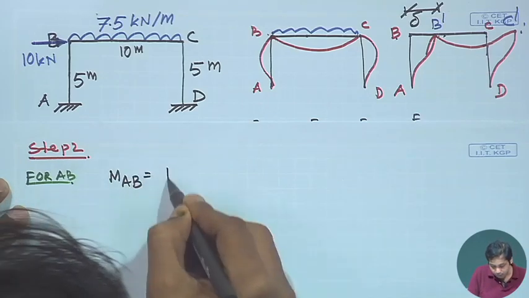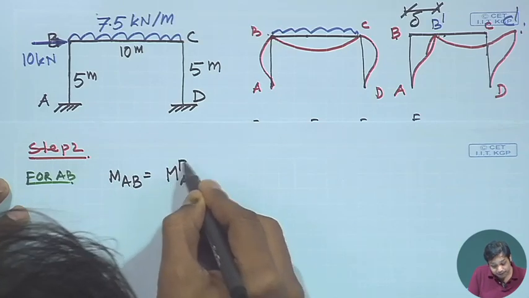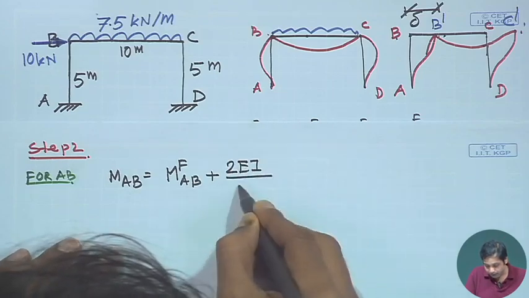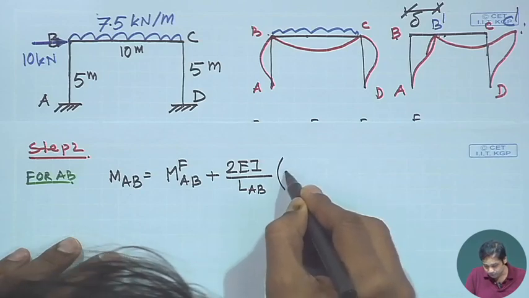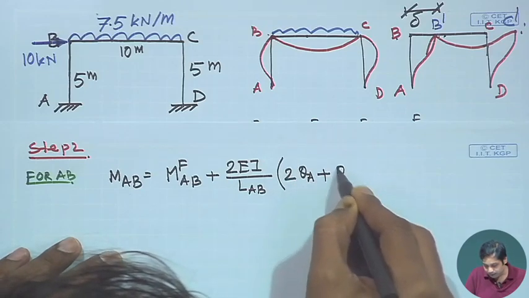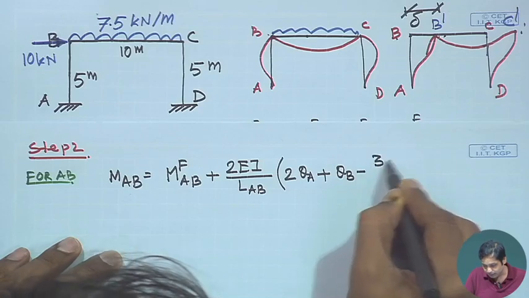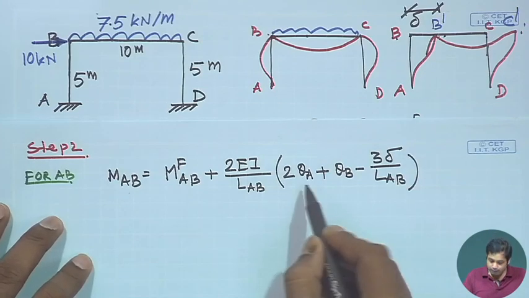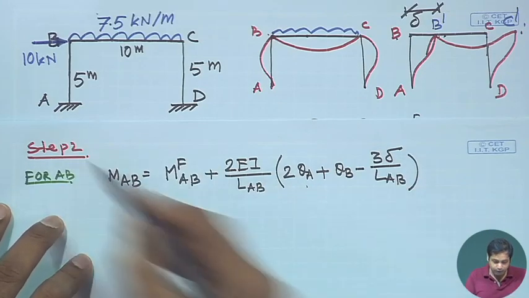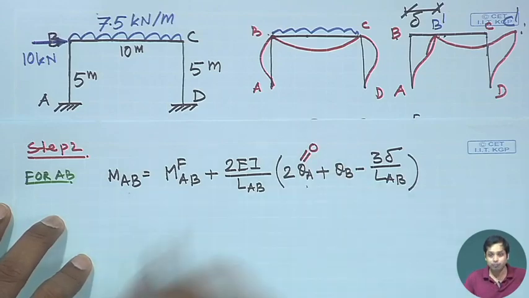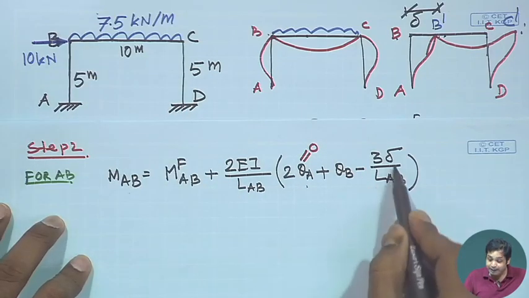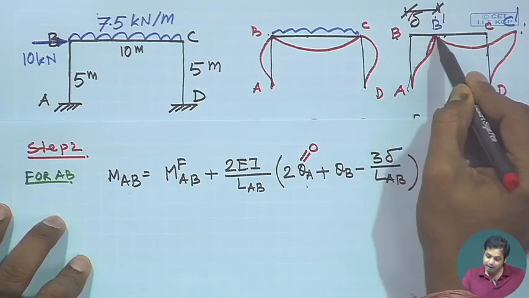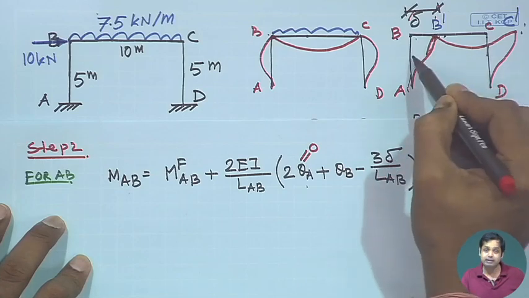MAB is equal to MAB fixed end moment. Let us write the general expression: 2 EI by LAB, and then 2 theta A plus theta B minus 3 delta by LAB, that is the general expression. Okay. Now, theta A is 0, that is fine, but theta B is non-zero, and then delta is this amount. If we consider AB as a separate beam,